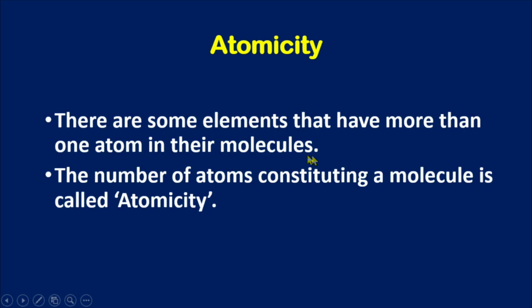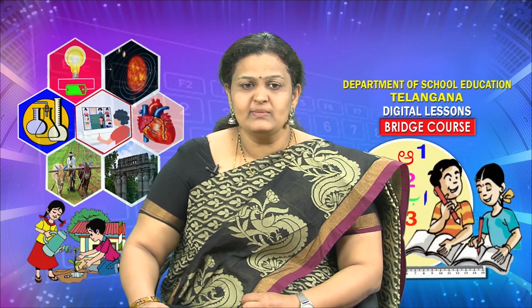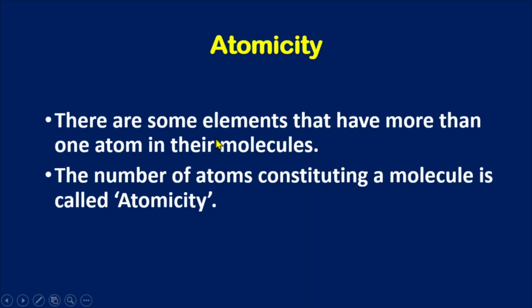Now, children, let us define the concept called atomicity. Children, there are some elements that have more than one atom in their molecules. Can you quickly think of something, children? Yes, element of hydrogen, element of oxygen, we have seen in the example just now, and element of phosphorus, sulfur. So, they are molecules of elements which have more than one atom in their molecule. The number of atoms constituting a molecule is called atomicity. So, the number is called the atomicity, children, which means hydrogen H2. 2 is the